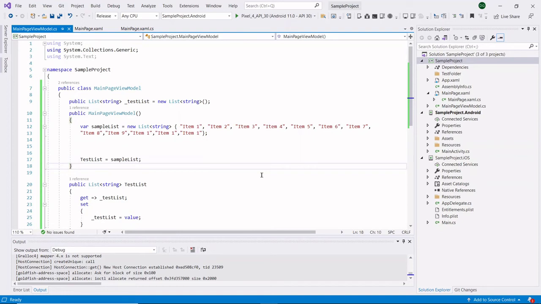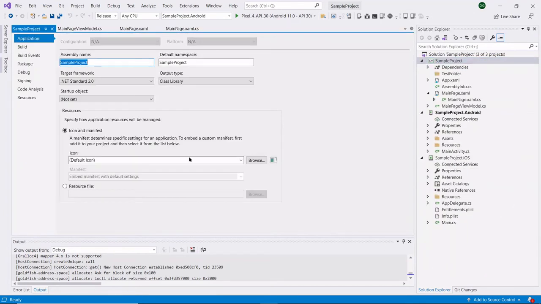Before implementing, if you want to use C# 8.0 or later in the Xamarin Forms project, we need to set the .NET Standard Framework version to 2.1 or above, because the null coalescing assignment operator will work only with C# 8.0 and above. For that, we go to our project and click on properties.